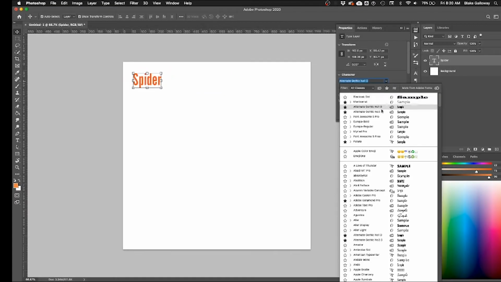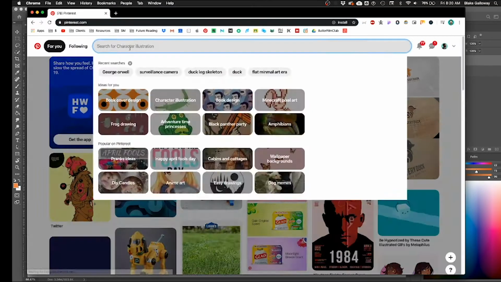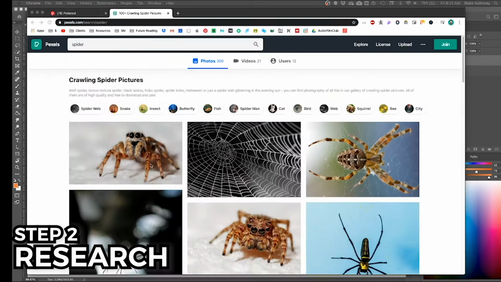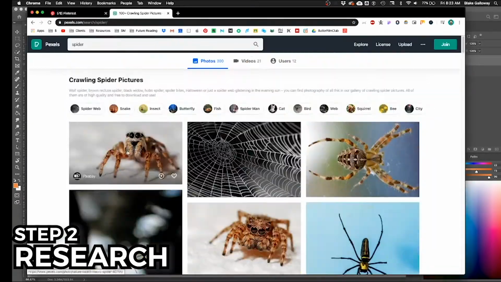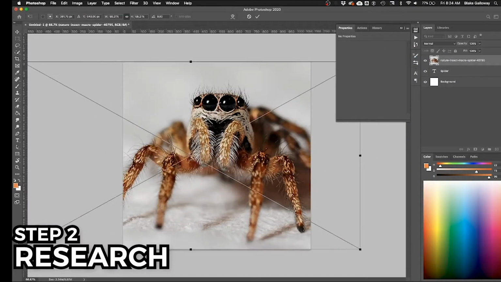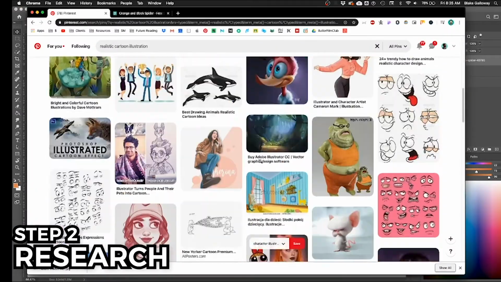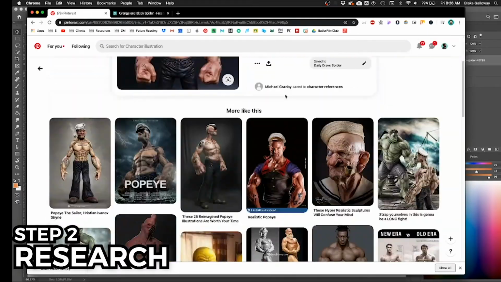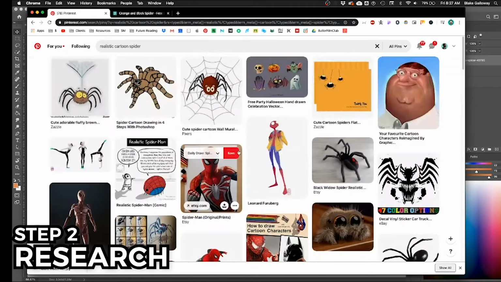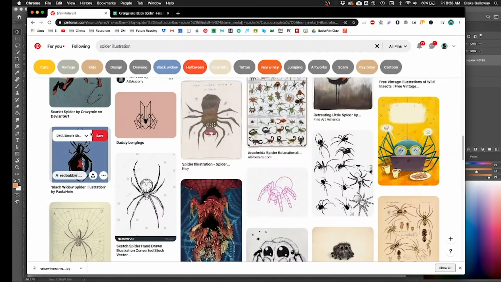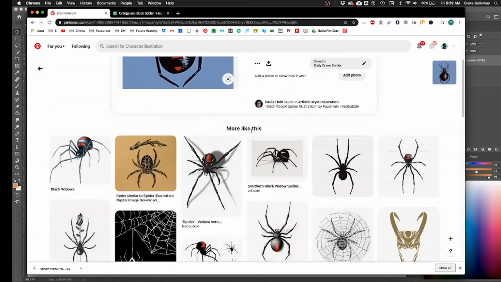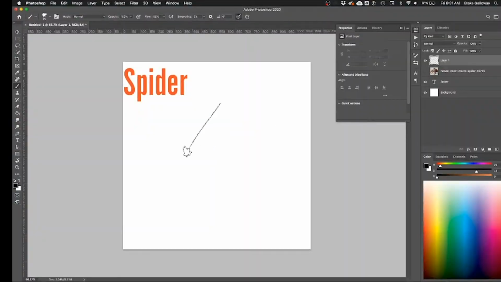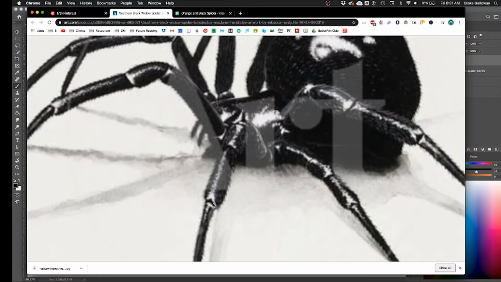All right, so to get started, first I'm going to jump into my references. I'm going to get on Pinterest and just start looking up references of spiders. After that, I kind of just looked up different styles and tried to really figure out what differentiates something from looking cartoony and what differentiates something that looks more realistic. A key feature in all of this stuff is definitely shading and